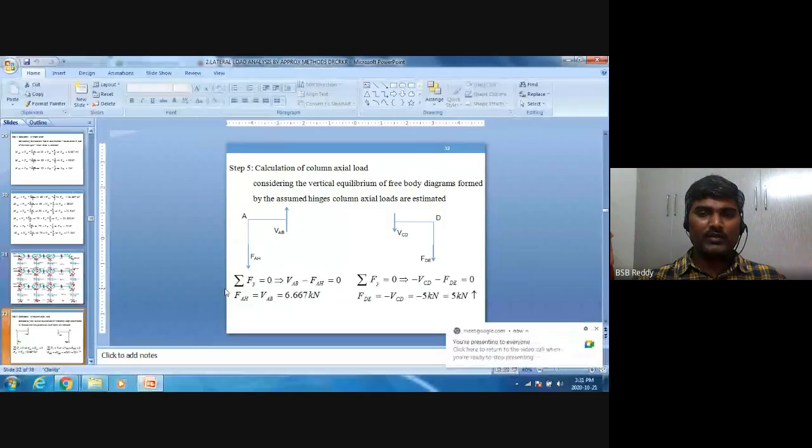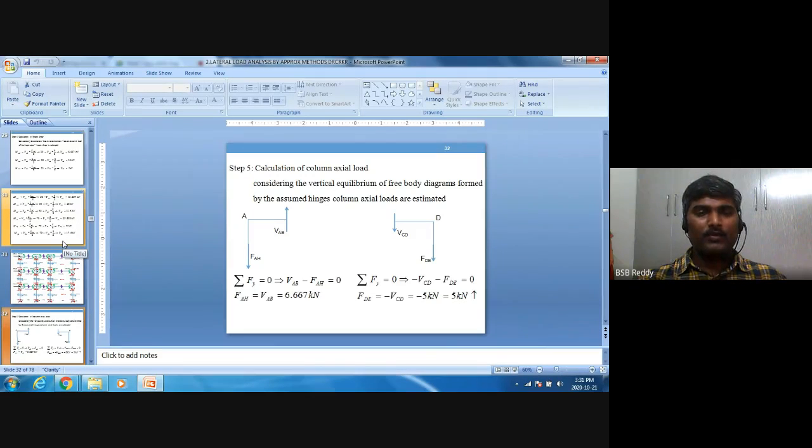So let's see what is there. Right, this is step 5, where we solved for the frame in the last session. I just brought in this step 5 just to remind you